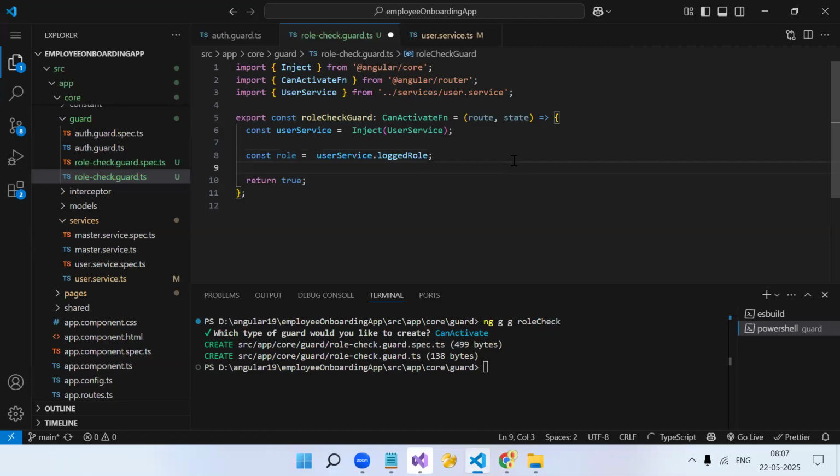Now, how will you check, let's say you got the employee role, and you are trying to access a dashboard and the dashboard page doesn't have access for the employee? How will you check it? If the role is employee, then return true. Otherwise, return false. Role is equal to,